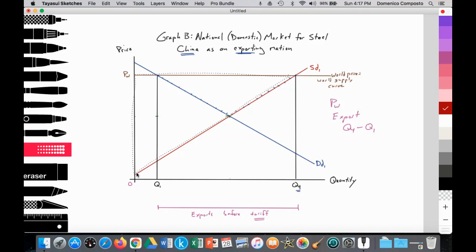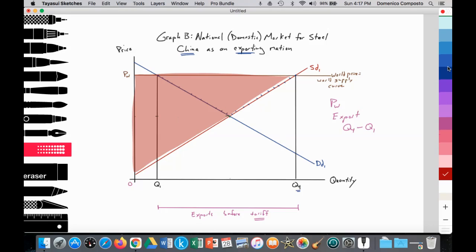And so this triangular area represents the producer surplus for the exporting nation, kind of their profit margin. And we can also see the level of consumer surplus in the Chinese economy being right here. Okay, small consumer surplus, right? And at this point,